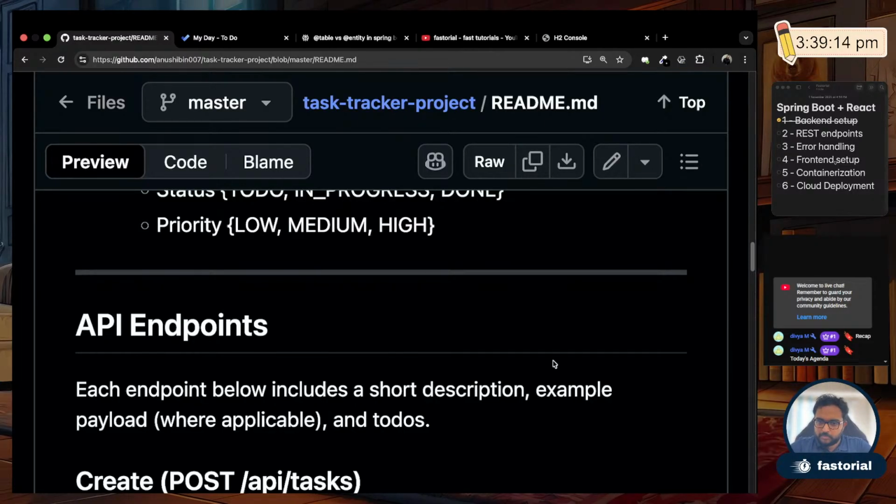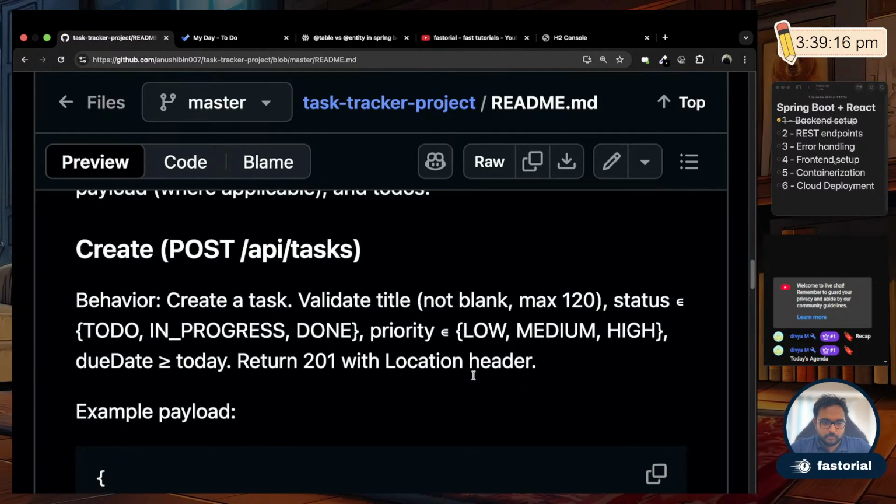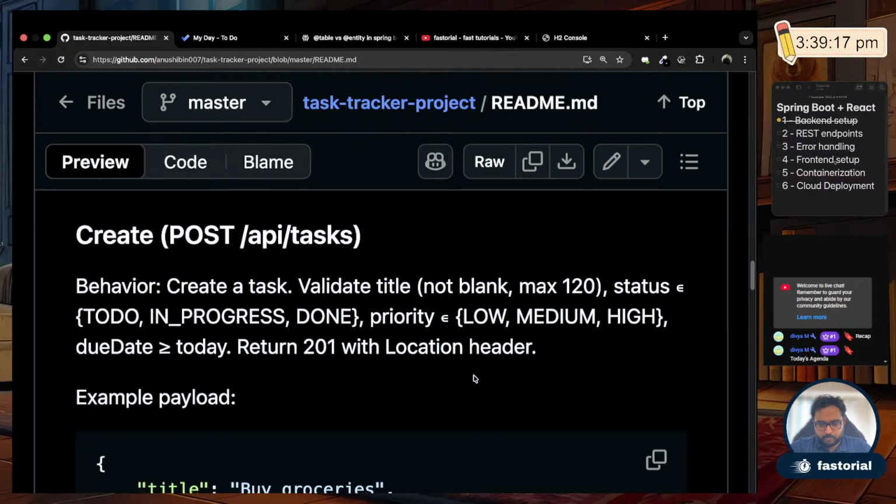Okay, so let's start. To create any API endpoints like REST endpoints,